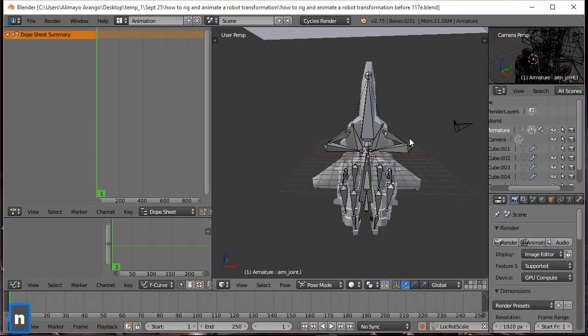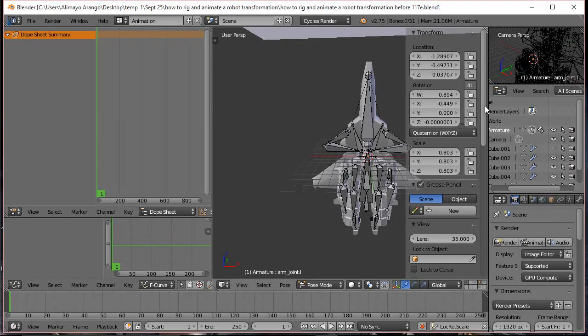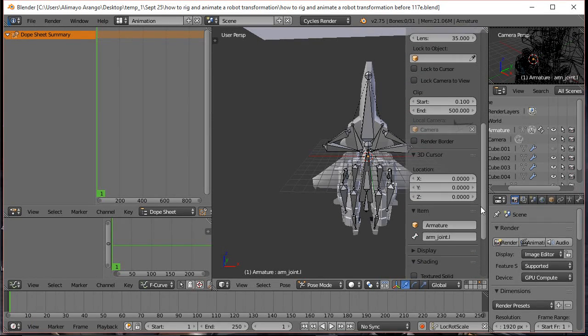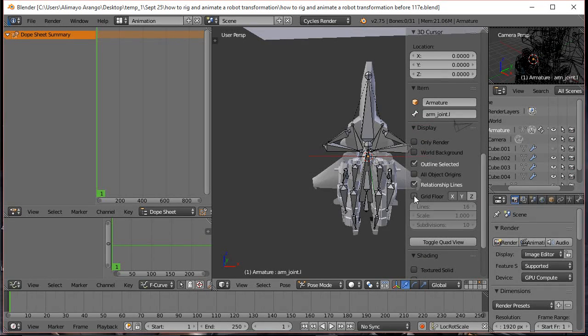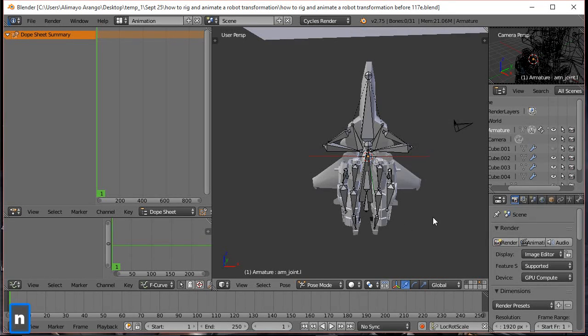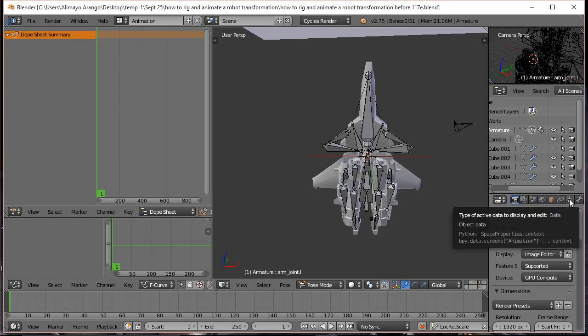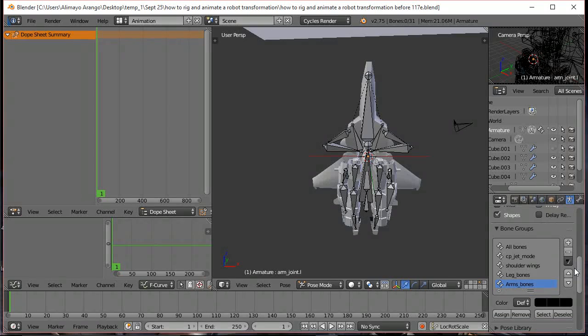Okay, I'm going to press the N key to bring up our properties panel. I'm going to select display. I'm going to take away the grid floor. Then I'm going to press the N key again. We're then going to go to our stickman-like figure. We're going to scroll down to the